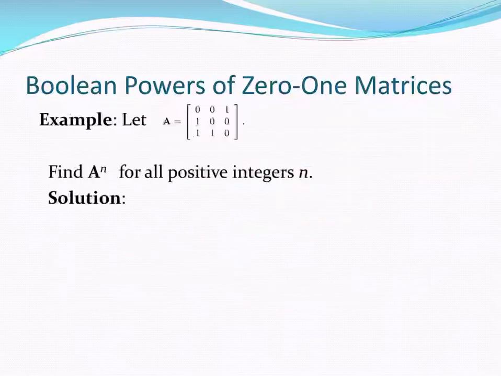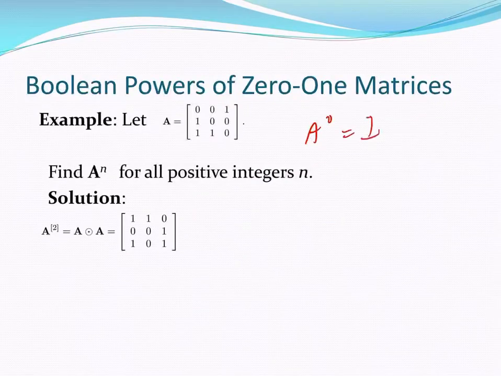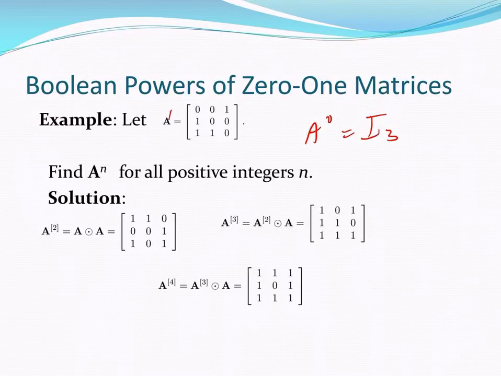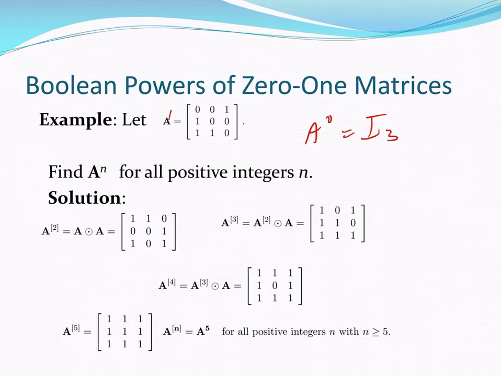So if we want to take this 3 by 3 matrix and find all of its Boolean powers, we know that A to the 0 will be the identity matrix. A to the first power is A itself. A squared would be given here. And if we want A cubed, we'll take A squared and multiply it by A. I'll let the listener do these calculations on his own. And then A to the fourth is going to be A cubed Boolean product with A. Then A to the fifth